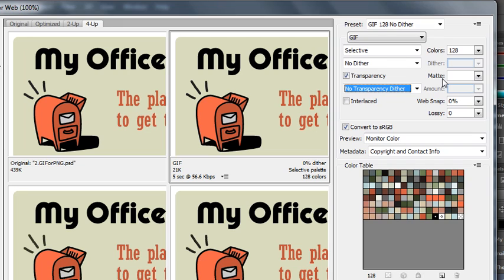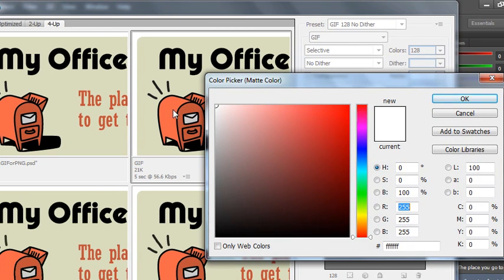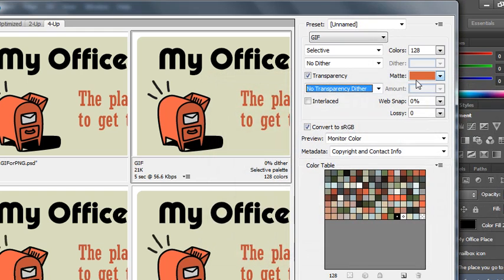Around the outer edges of the circle, you would want to set the matte color to match whatever color the background of the container that you're placing your images in your website is. So for instance, if I was going to place it onto a page that was this same color orange, if I knew what the hexadecimal value of it was, I would make sure to select it and make that my matte color